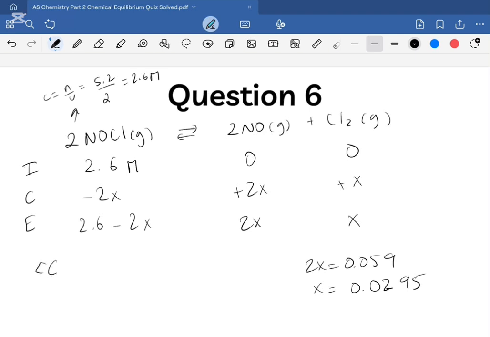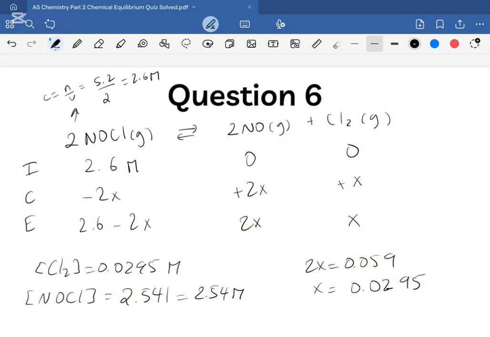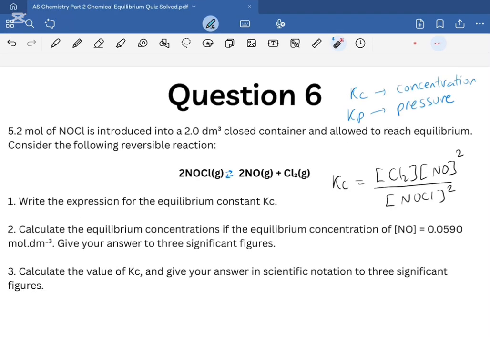So for Cl2, it's going to be equal to 0.0295. And for NOCl, if I substitute by x, then I'm going to get a value of 2.541. And since they need the answer to three significant figures, it's going to be 2.54 M. And for this one, it's going to be 0.0295 M. Now for part 3,